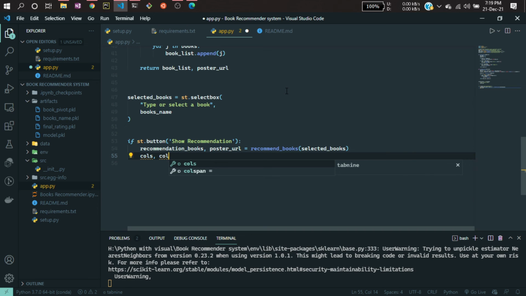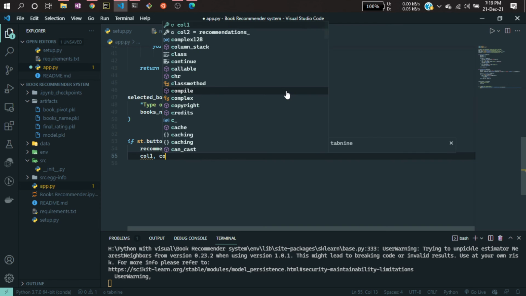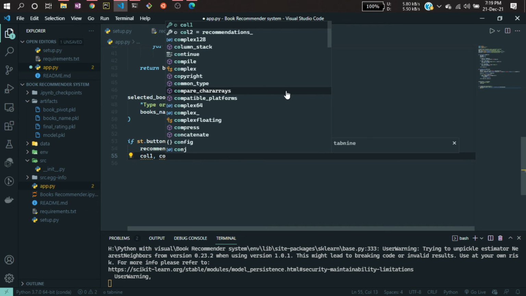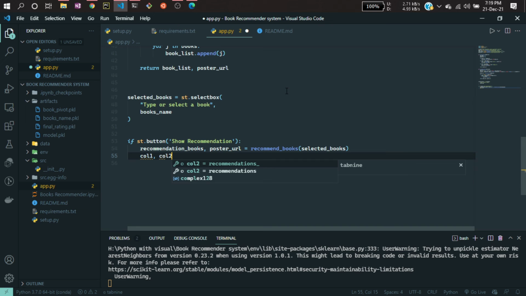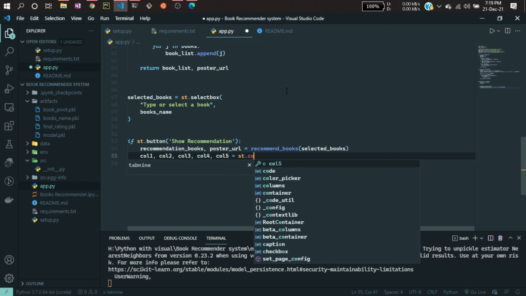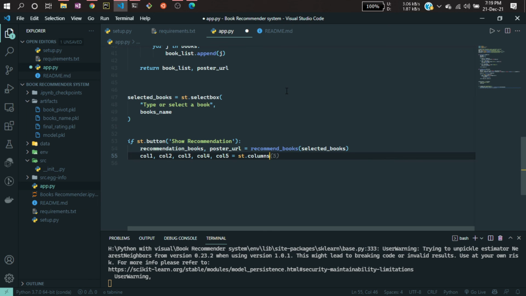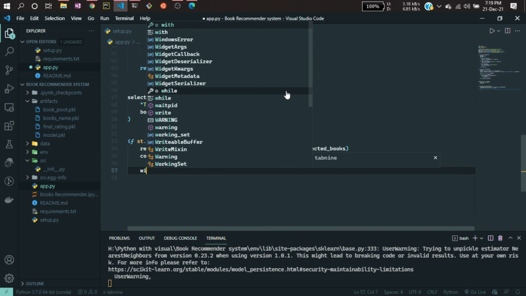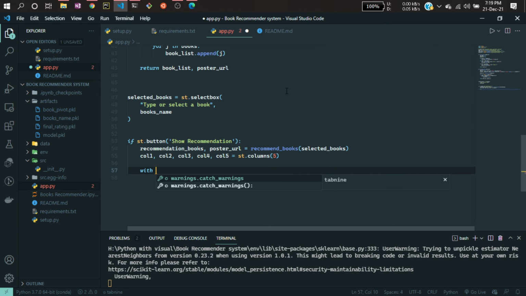So column 1, column 2, column 3, column 4, and column 5. So I have these 5 columns. Then I will be writing st.columns, and here I have to mention 5 also. And after getting the 5 columns, I'll be rendering that. So for that I'll be writing with column 1,